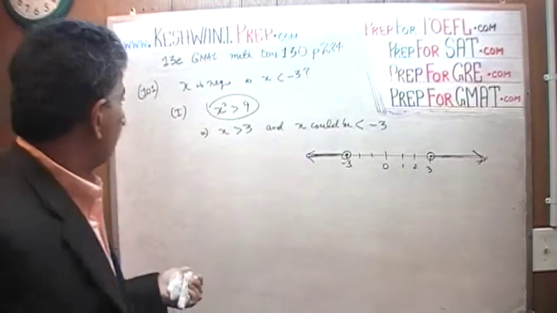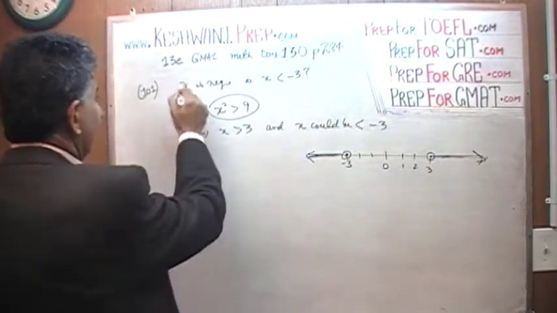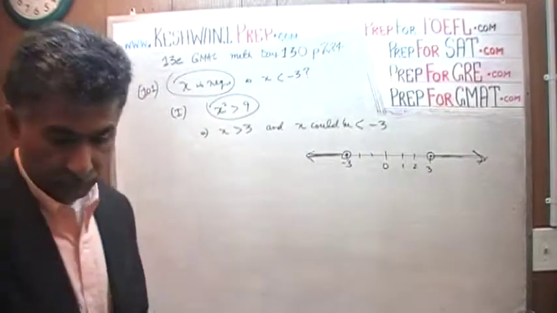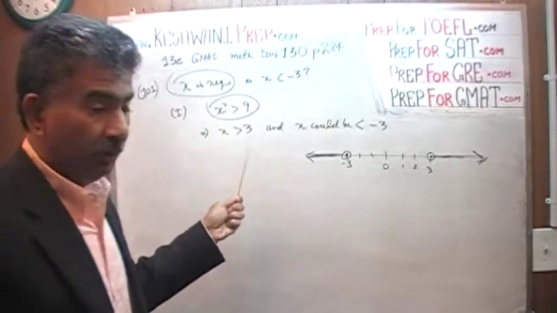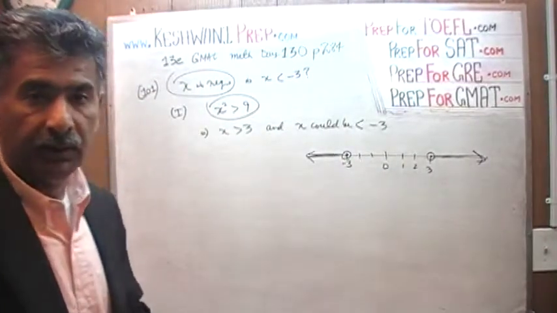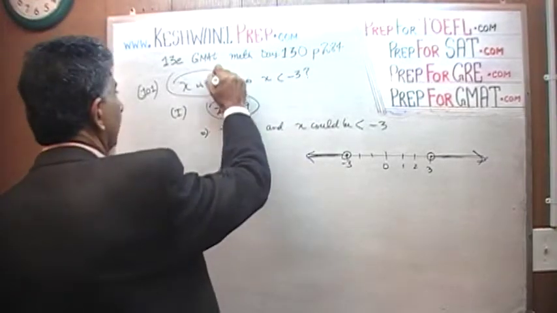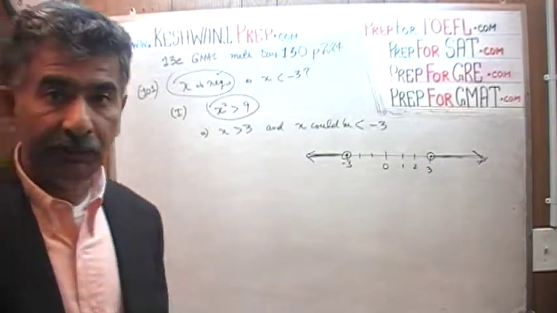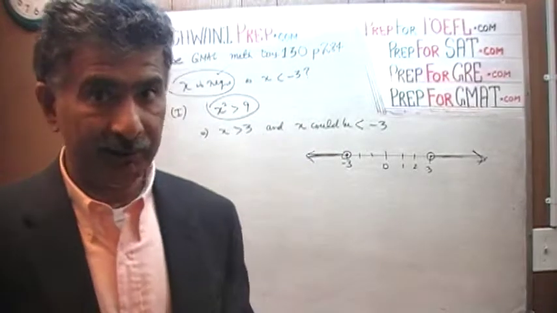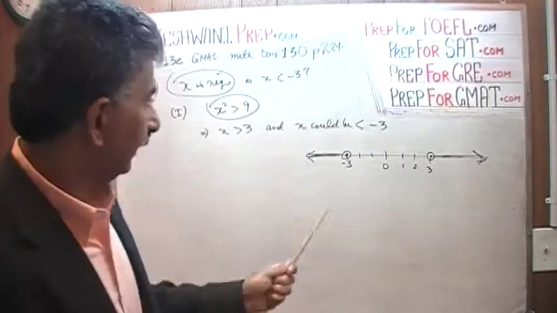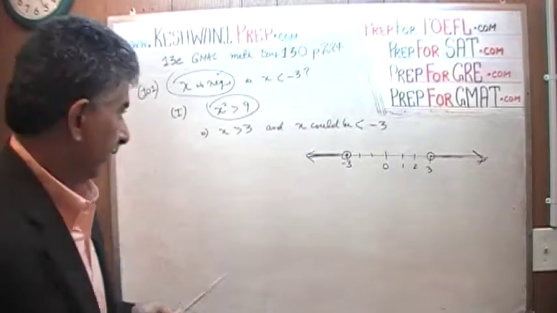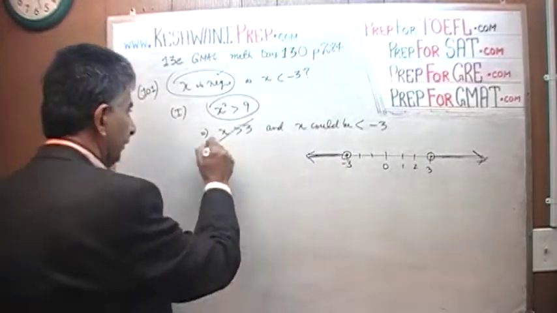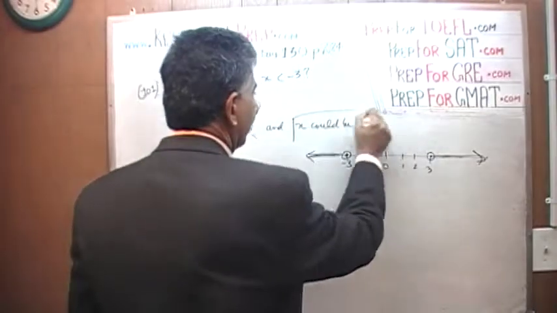So the question was, is x negative? Now the question is, how can we tell if x is negative for sure, if x can be more than 3 or less than negative 3? Well, that's where this fact comes into play, because they tell us in the beginning that x is negative. It is given that x is negative, and there are two possibilities. X could be more than 3 or x could be less than negative 3. So since x is negative, x cannot be more than 3. So the answer is x would have to be